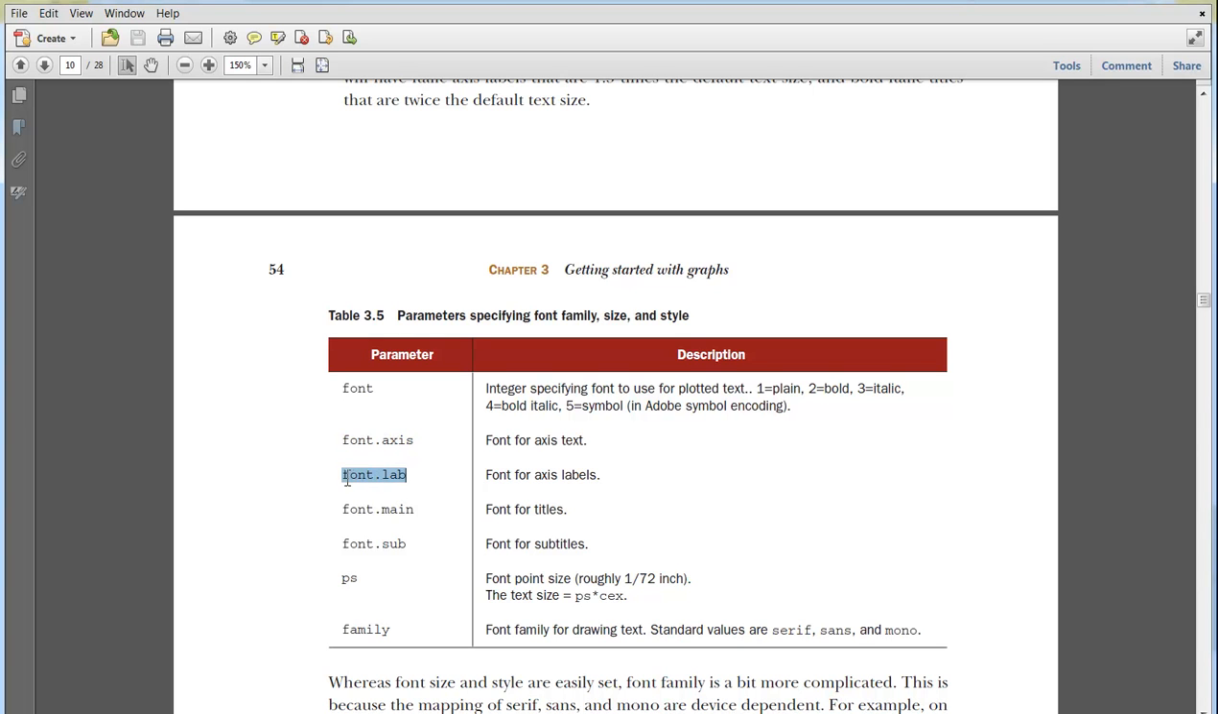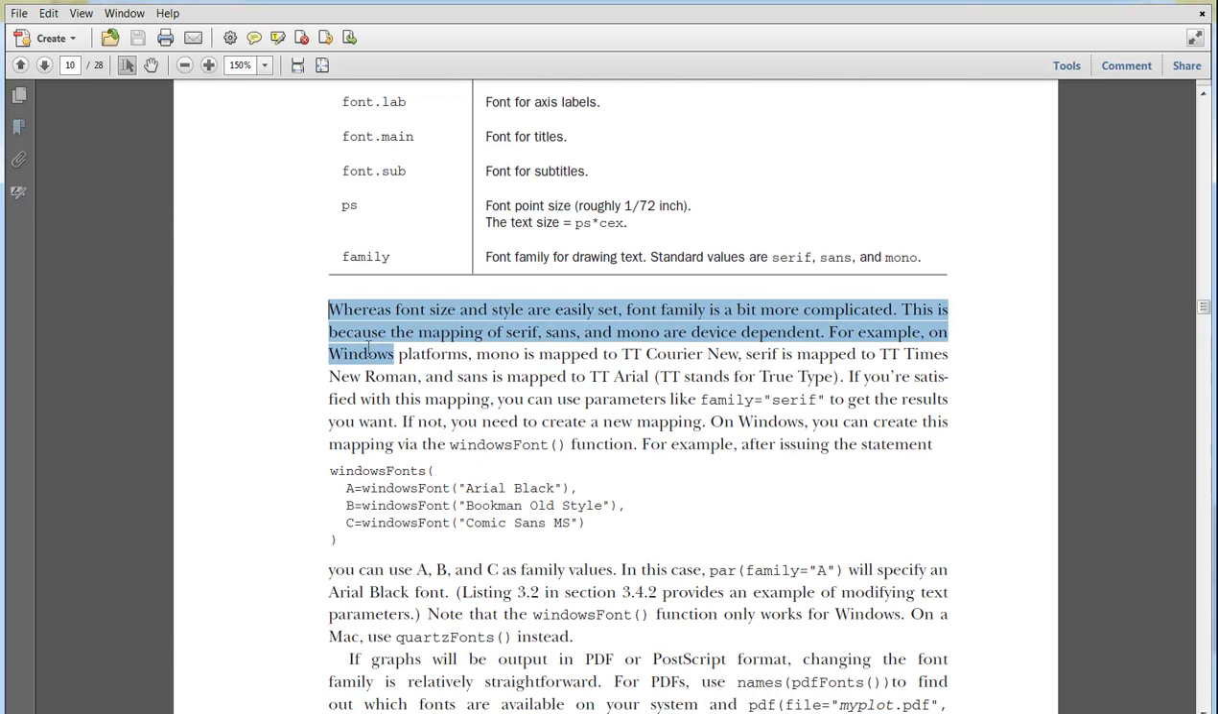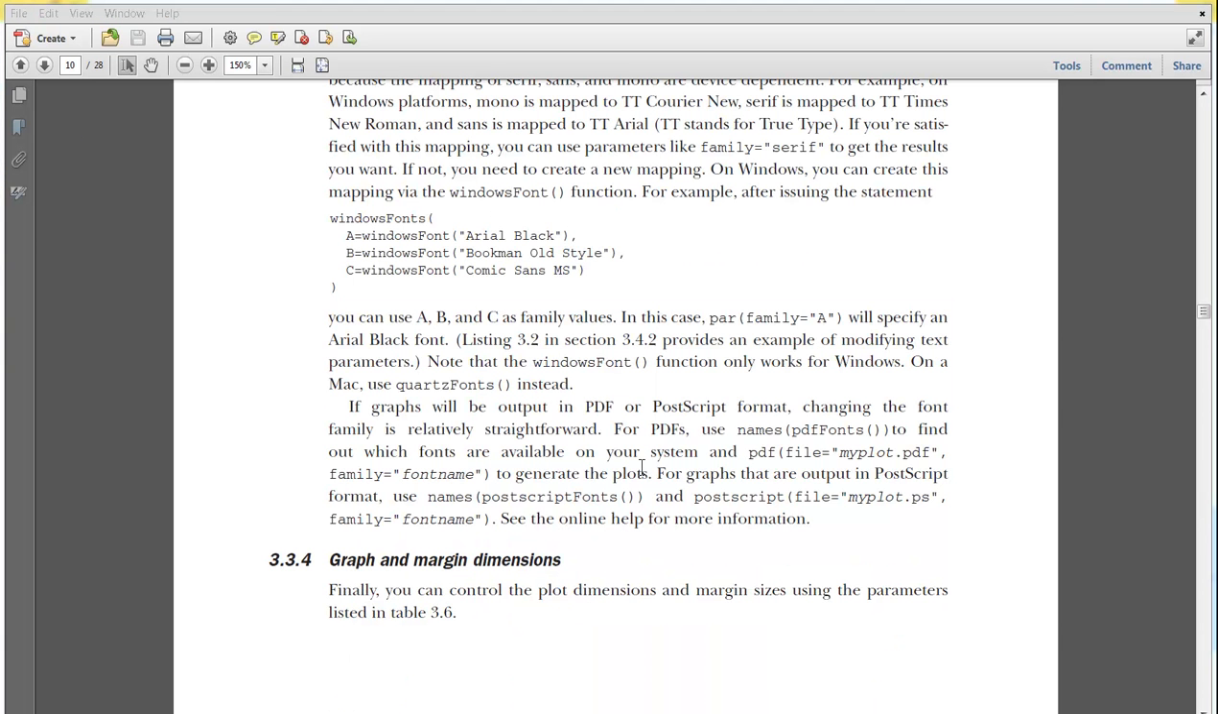You can change the font for the labels, font for the main title, font for the subtitle, point size, and I guess this is this type of stuff. I don't know about this, but serif, sans, mono. So if you want to read this, you can. Actually, I've provided you this whole chapter, so you can refer to it if you want to. I'm not going to go into it. So then they say